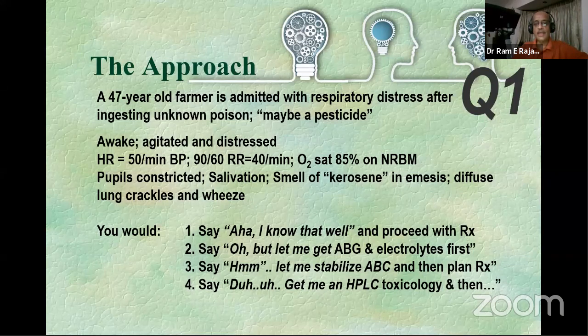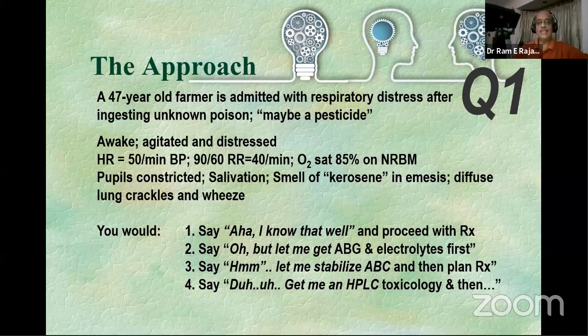And along the lines of this toxidrome that we very clearly understand is going to be compatible with an organophosphate poisoning, it is fairly okay under these conditions to initiate the therapy that you're talking about over here. And the therapy under these conditions is going to be atropine. And the process of stabilizing the airway, breathing, and circulation is completely also appropriate, but may not be something that you would do later. Let me stabilize and then plan is not necessarily an action. Let me also treat this very visible toxidrome.